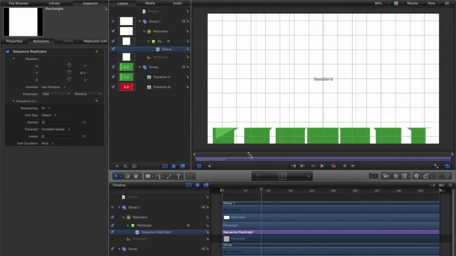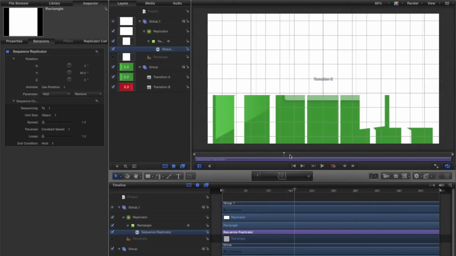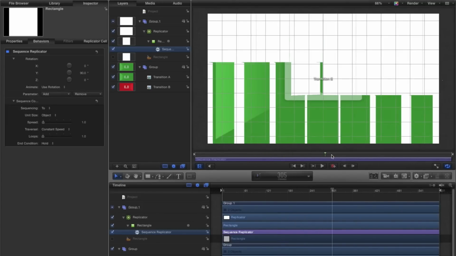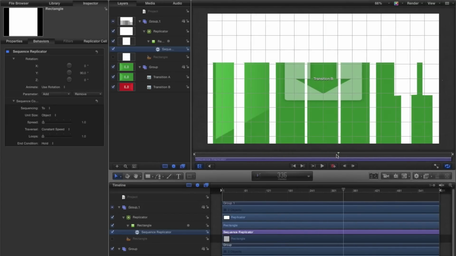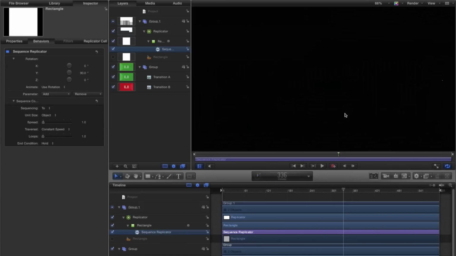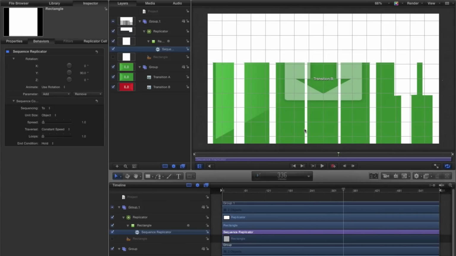So we change that to 90 degrees, but now you notice as we scrub through the timeline, you can still see the tiles, the profile, because we're in 3D space and we're seeing some perspective there. So you could probably fix this a few different ways, but an easy way would be to go into our parameters again and add a parameter for